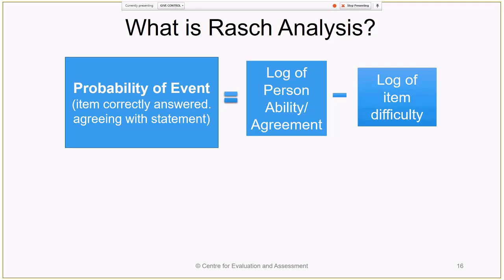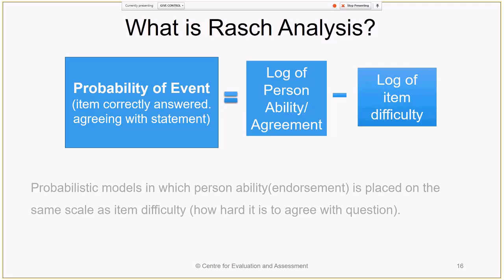It's just a transformation that is applied and it converts your scale to a true interval scale. So it's the log of that, the log of how much people are likely to agree with a statement. So how much a person agrees minus how difficult is it for people in general to agree with that statement. That is the Rasch model very, very basically. So all of that you will find everywhere, but with the ugly Greek symbols that I have warned you about.